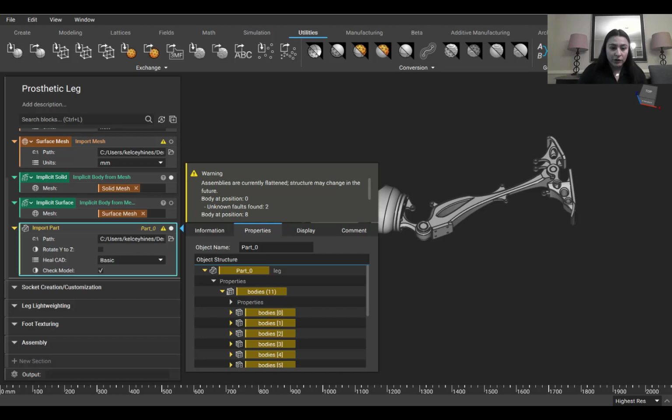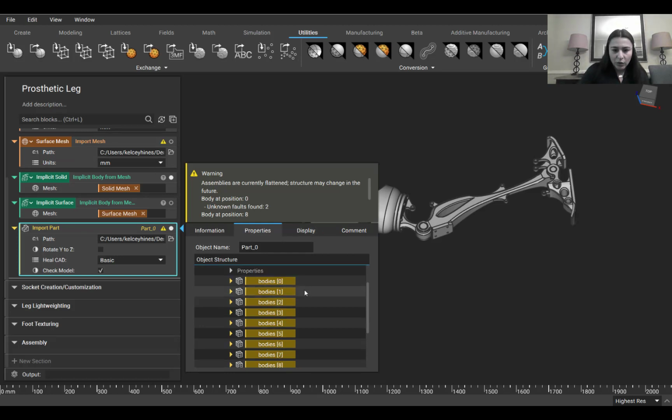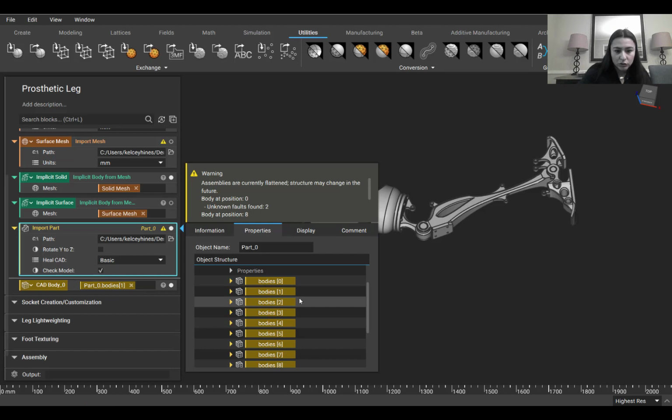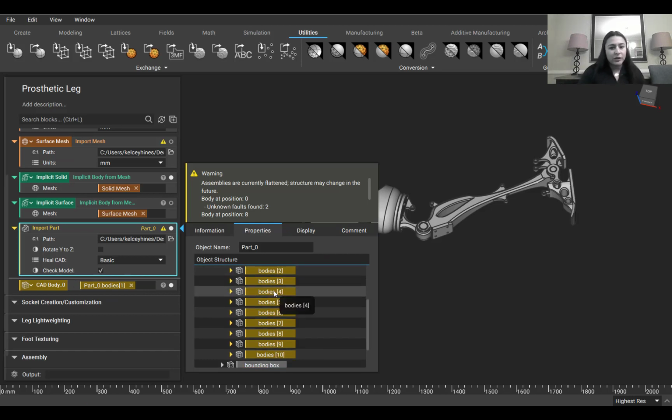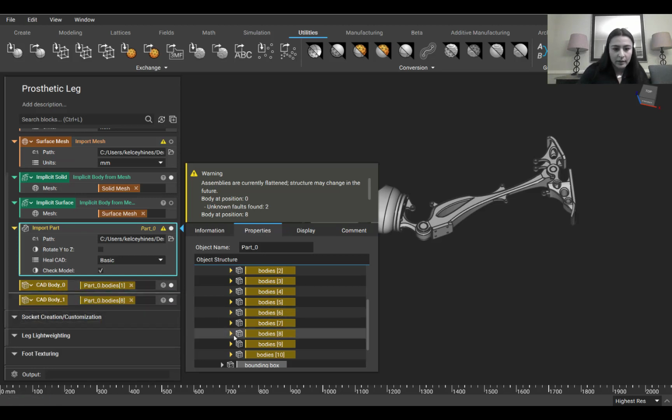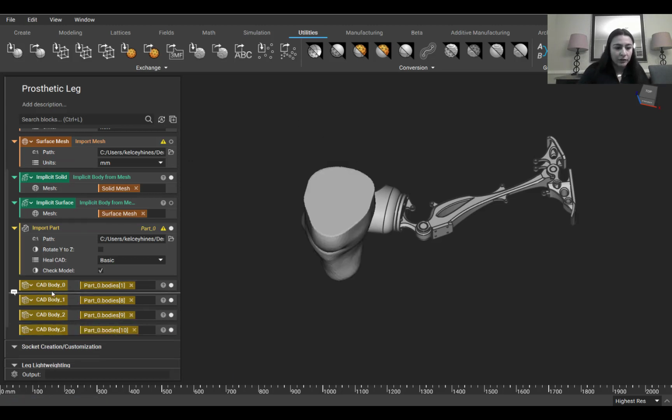Since I am familiar with this CAD assembly, I know that bodies 1, 8, 9, and 10 are those I want to manipulate in nTop. So I'll go ahead and pull these into our workflow. The remainder of these parts are screws and connectors that don't have any use within the nTop platform. So I'll pull out 1, 8, 9, and 10, and I can rename these CAD variables